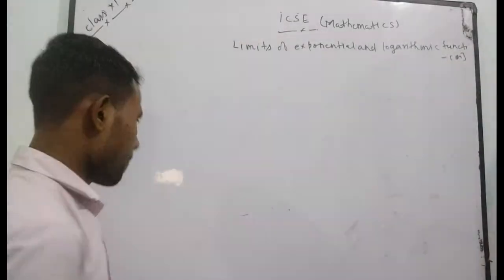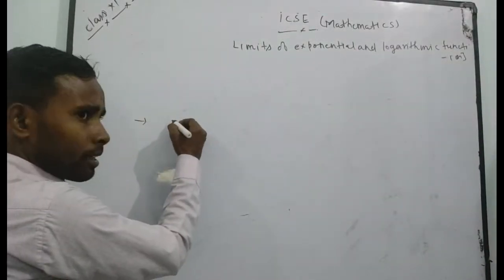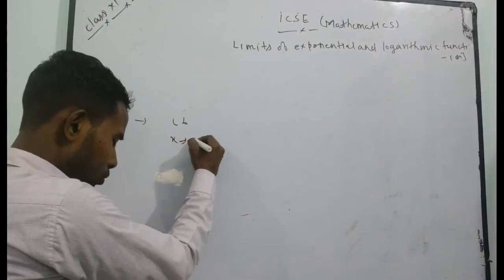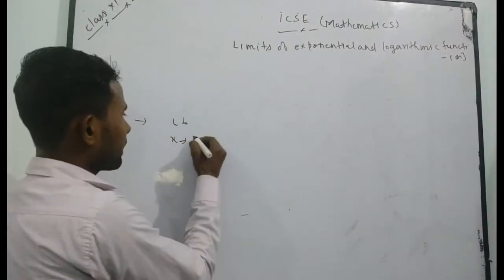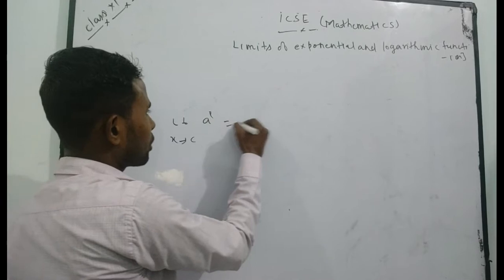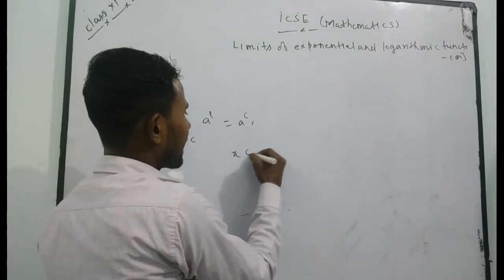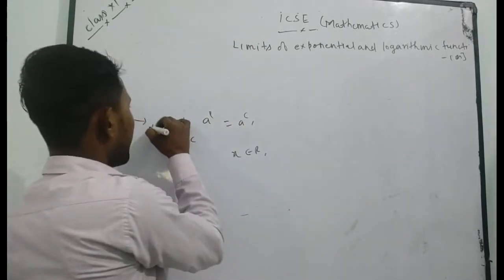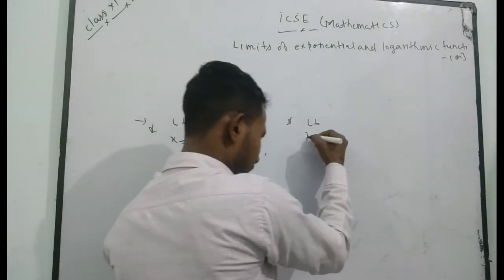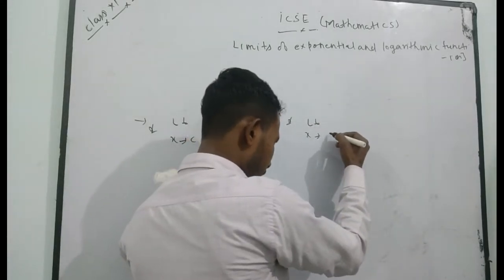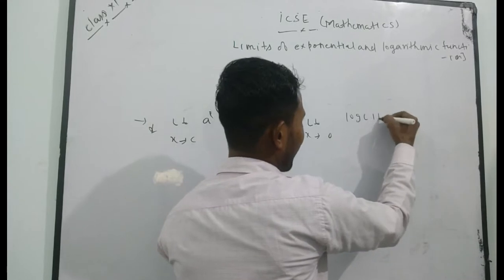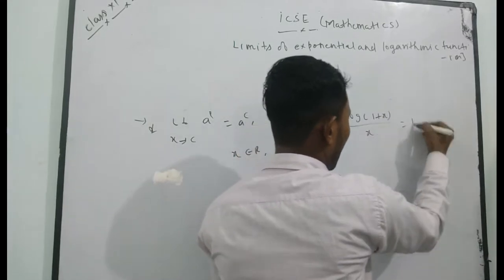Next formula will be limit as x tends to c of e to the power x is equal to e to the power c, where c belongs to the real numbers. Next formula will be limit as x tends to 0 of log(1 plus x) divided by x is equal to 1,